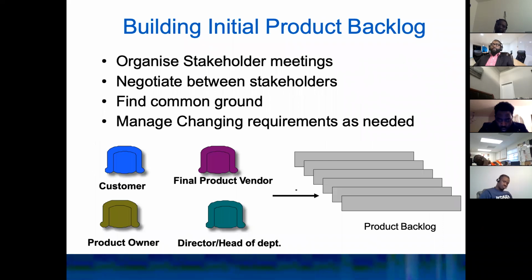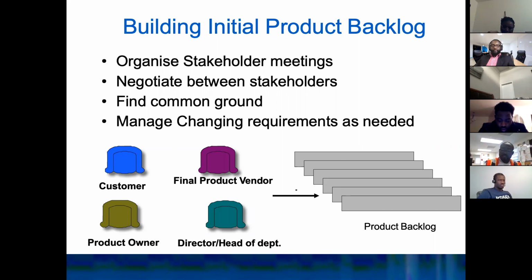All right, so how do we build an initial product backlog item? It's simple. Initially, when we create a project, there's a meeting organized with any stakeholders that have a stake in the project or the product, and the product owner is representing them. So the product owner is going to meet with those stakeholders. They're going to be negotiating between them to see what's part of the project, what's part of the product, okay,